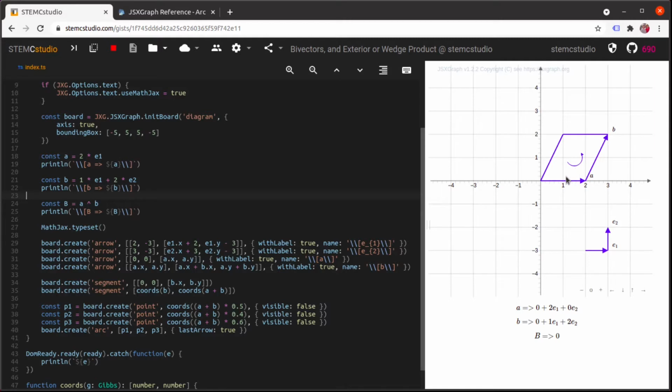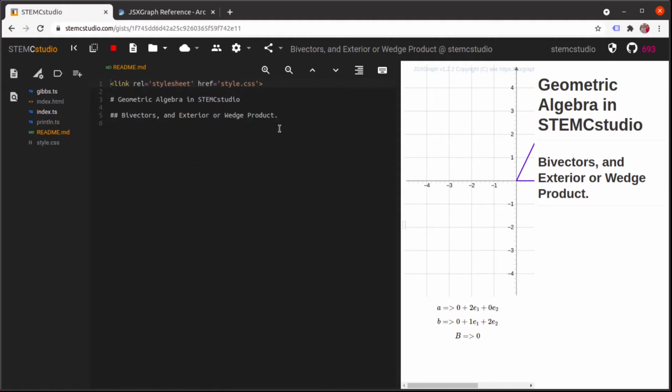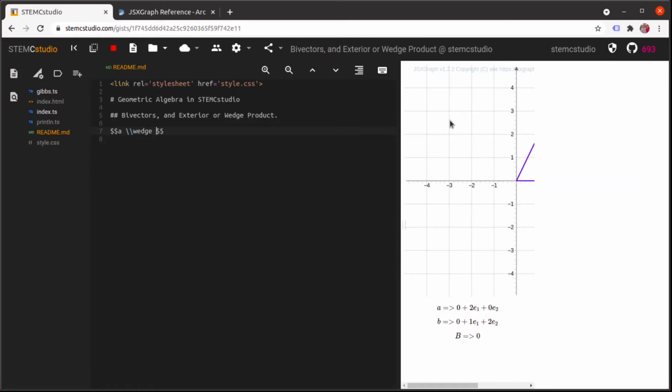We're trying to create a quantity that represents the area. And so we could say that if you had A and then it was followed by A as a parallelogram, that would be just a line down here. Or rather you could imagine a collinear line, and that would have no area. So intuitively, we can say that for any vector, A times A is 0. Let's bring out our README file just to summarize this. So we can say A wedged with A